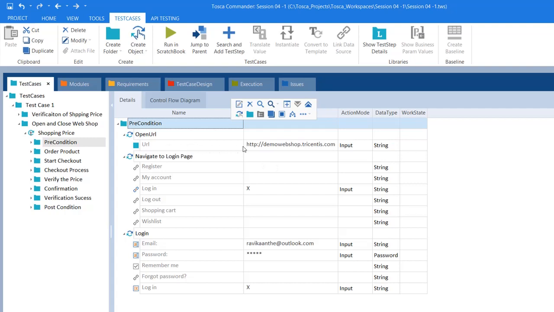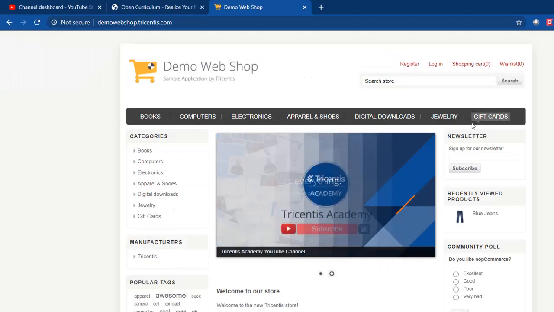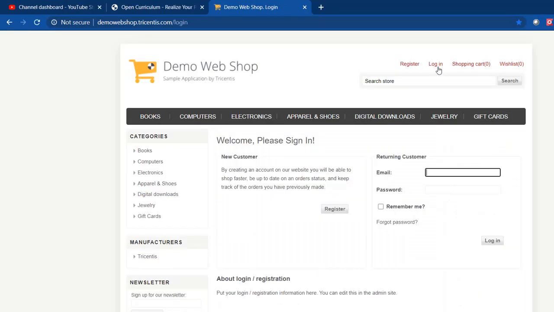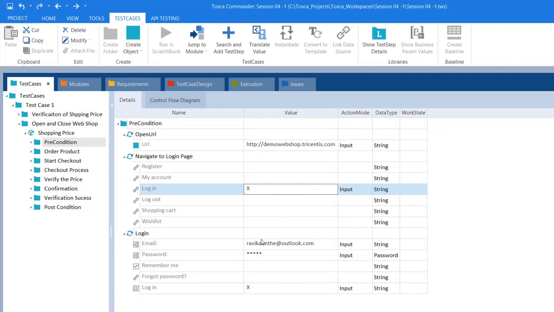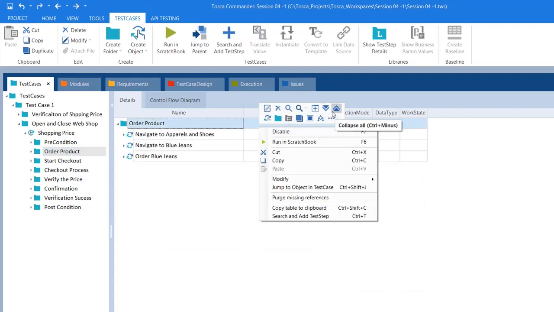Okay, so here I'm basically entering the URL, and then I'm clicking on login, right? I'm clicking on login application, and then I'm entering the email, password, and clicking on the login button. So this one I already showed you. Okay, so let me go to the next folder, which is order product, and then expand the order product test